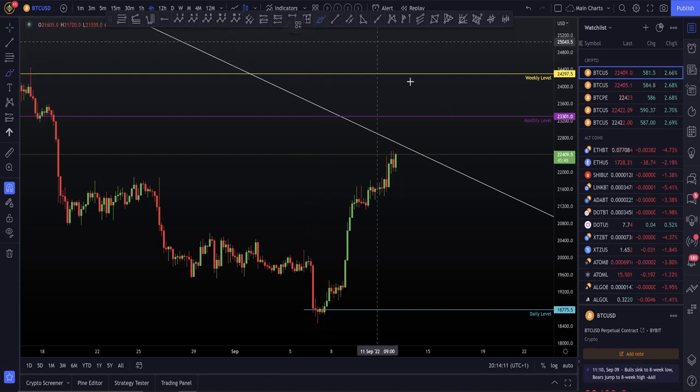Alternatively, we could be looking for the fake out, and this is what we mean by the fake out of the bump and run pattern. For example, you could rise above this trend line. Everybody gets really, really bullish, right? Only for it to end in a fake out. So what would we be looking to determine? Is this a fake out, or is this a real genuine breakout to the upside?